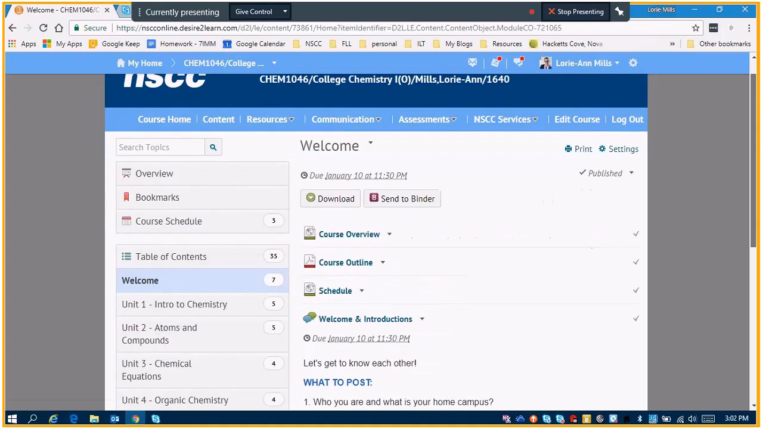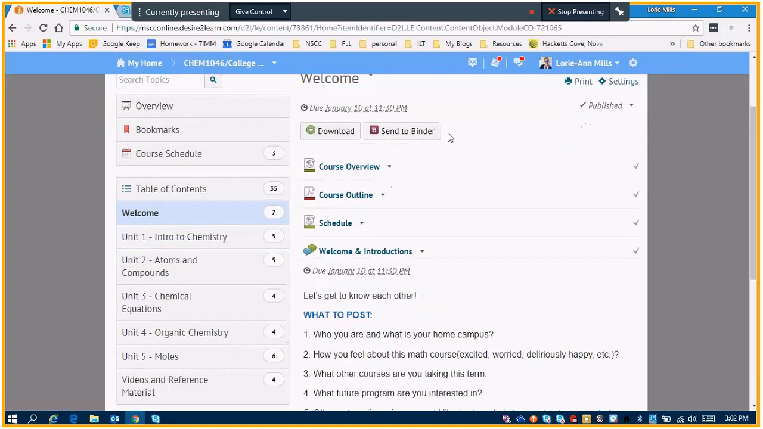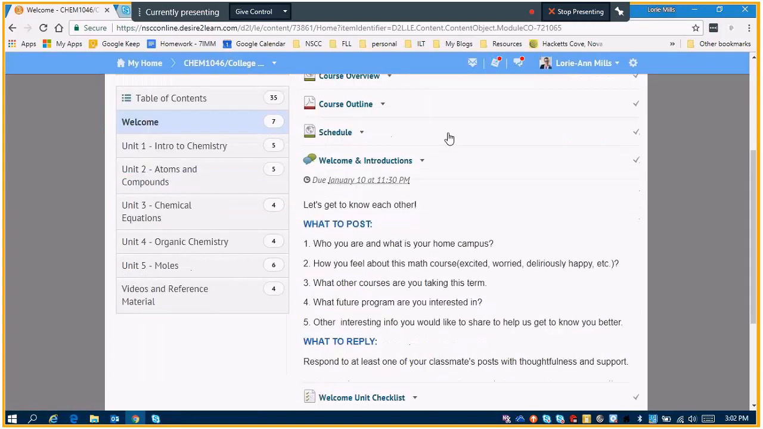So it's very important that in the next 48 hours you work through the welcome unit, read everything that is posted. There is a discussion that I'd like you to post to, and you can see that what to post is listed here. There are 5 questions for you to post about yourself, and there's an opportunity to reply. And to make that post, you just click on the discussion group,